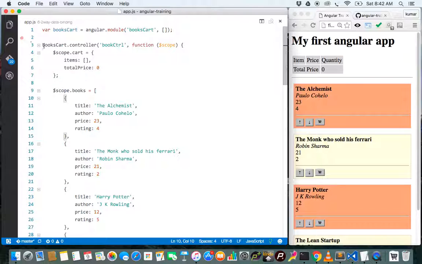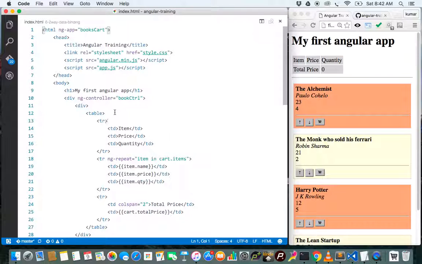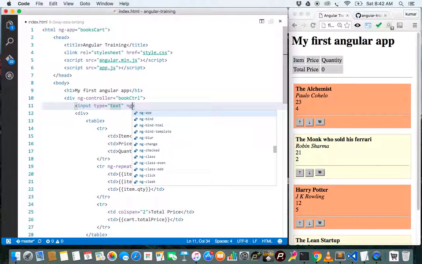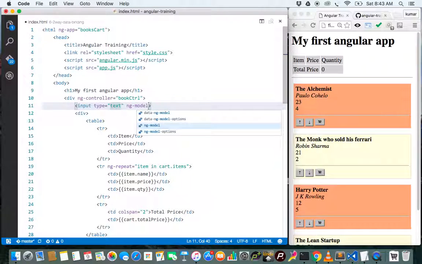Now let me explain to you the concept of two-way data binding. For that I'll need an input text field, input type equal to text. So this is a very normal input text field. So I'm going to introduce you to a new directive called ng-model. Suppose I give it a name, for example message, or say name, and if I print the name,